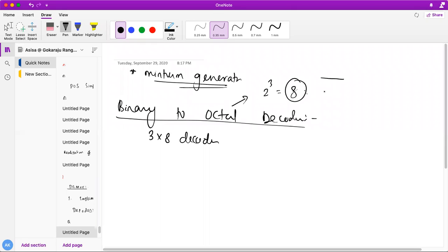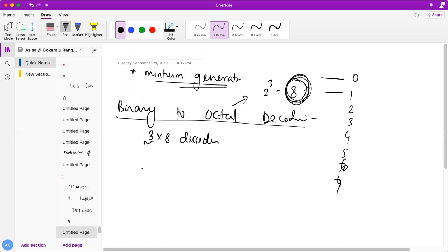A bar, B bar, C bar, A bar, B bar, C, like this, all the things, finally A, B, C. So for getting these 8 min terms or octal numbers, starting from 0, 1, 2, 3, 4, 5, 6, 7, how many inputs do we need? 3 inputs we need. So that's why binary to octal decoder is also called the 3x8 decoder.